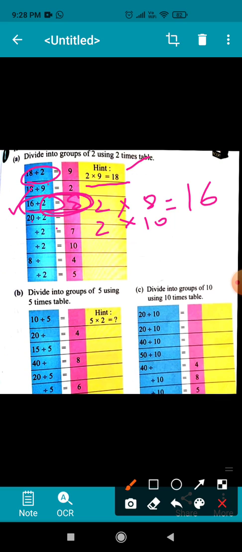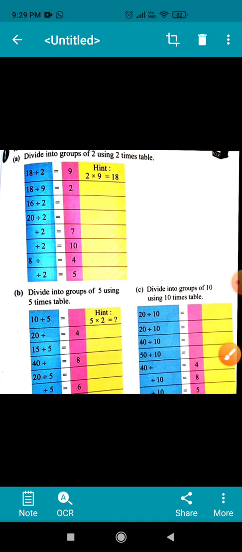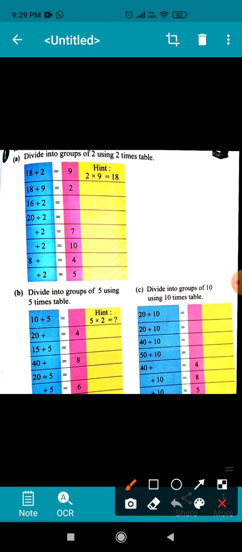Here what do you see? You have to find the number that is present on the left place. So what do you have to do? You have to read the table of 2, 7 times. Okay, 2 sevens are 14. Children, hope you all are getting it. 2 sevens are 14. That 14 you will write here. It means 14 divided by 2. So you can get 7.